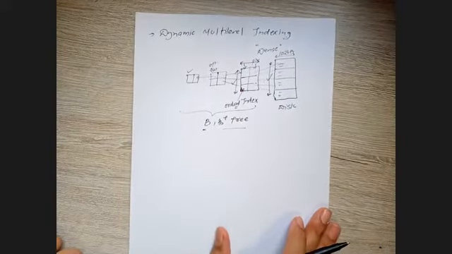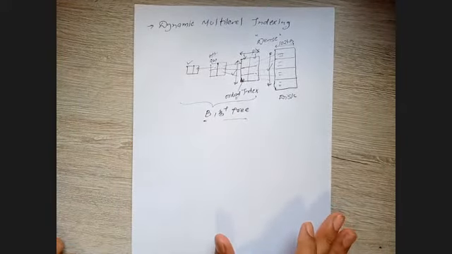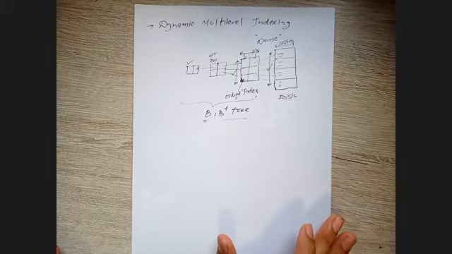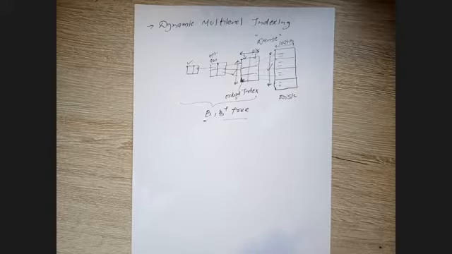Before understanding this dynamic multi-level indexing data structure, we will first try to understand why we use B or B plus tree. We have other data structures also: binary search tree, AVL tree, and red-black tree, if you remember your dictionary data structures. So why are we going to a balanced search tree? The B in B tree stands for balanced. Let's understand the difference between them.